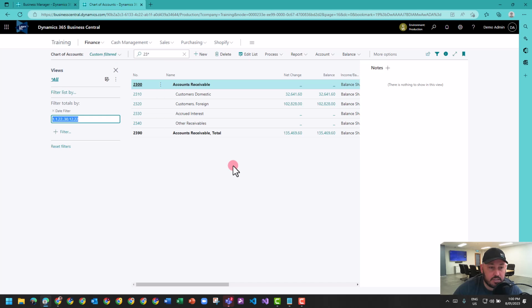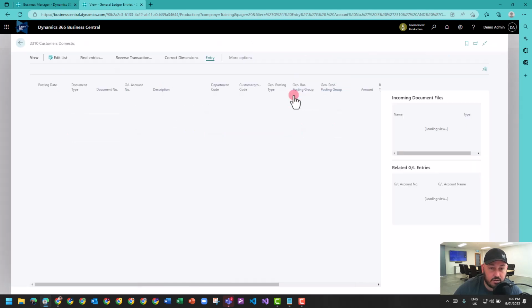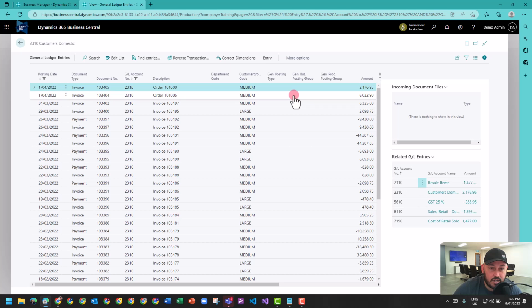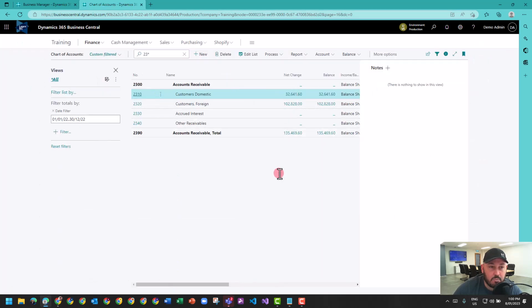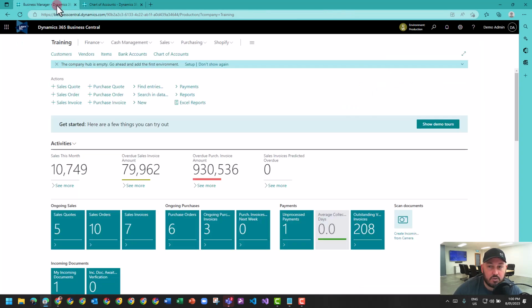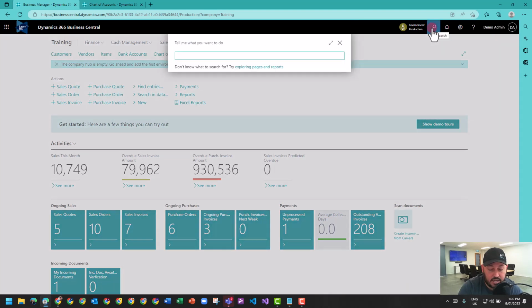And here you can see I've run a date filter for this period, this year, and I can see that 32,641 is outstanding, and in foreign customers 102,828. So that's good, and if I want detail, I can click into that and see what's going on, which is great. All right, so we're going to go back to another window, and I'm going to look up the Reconcile,